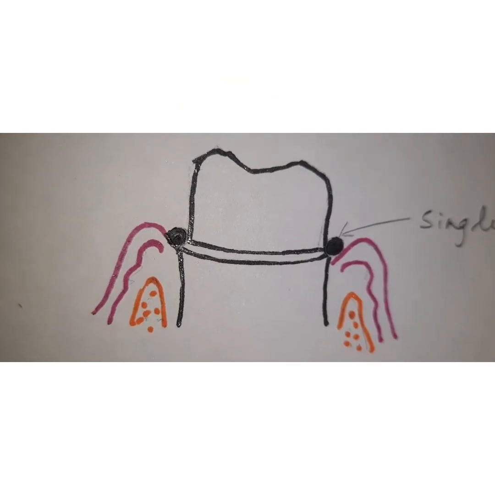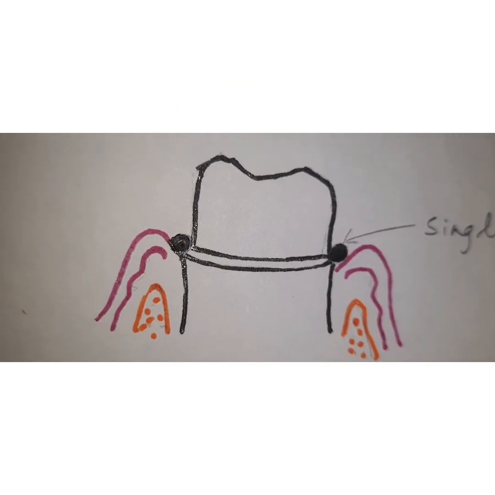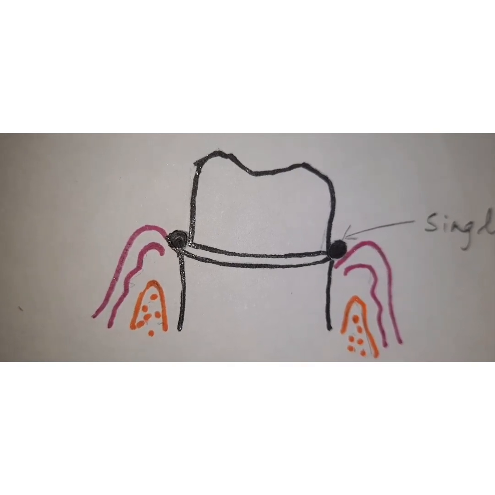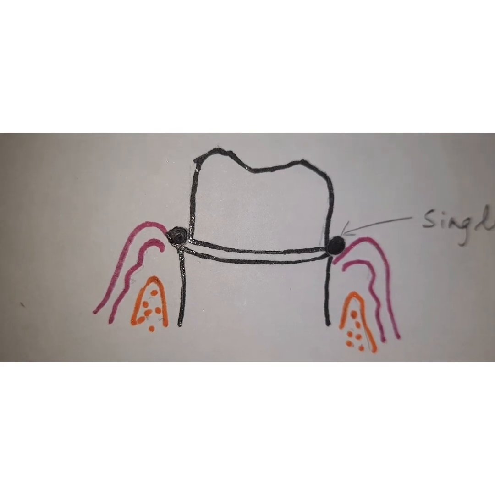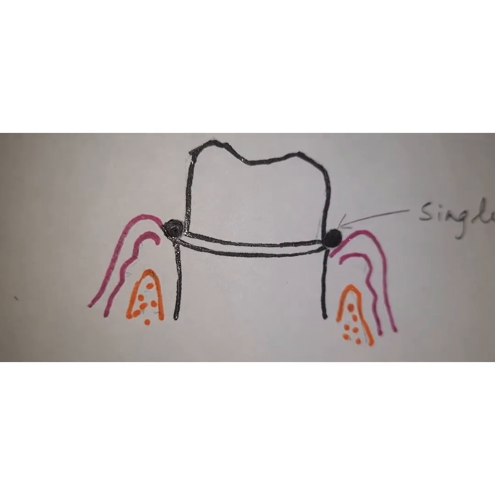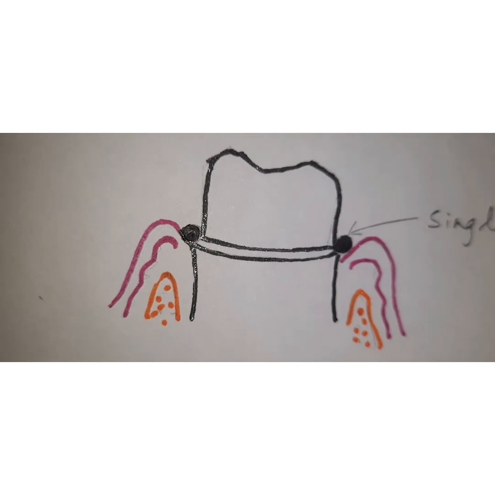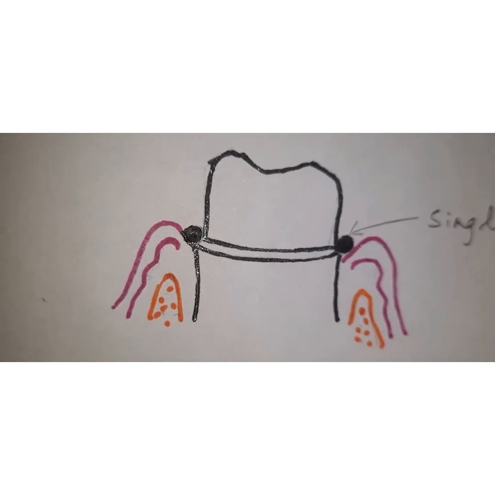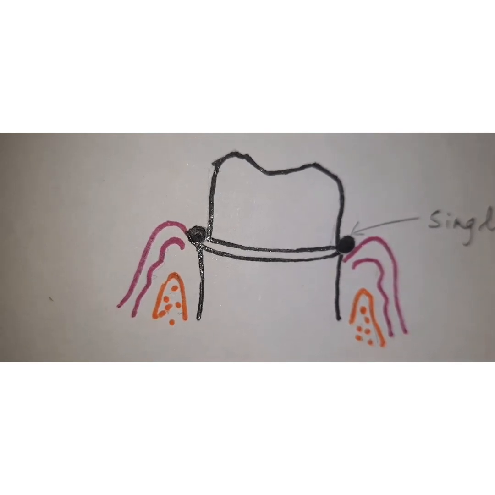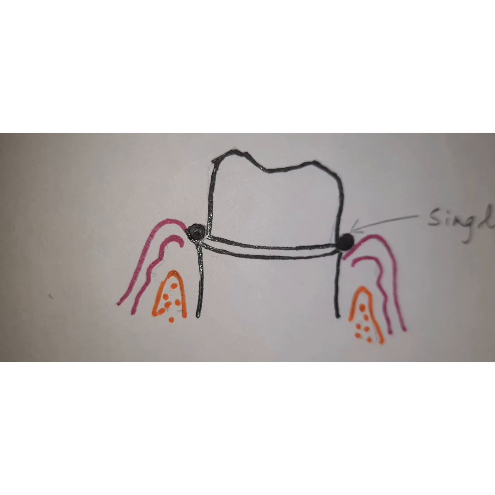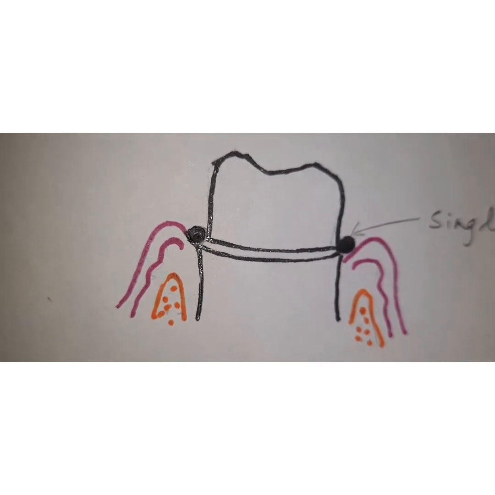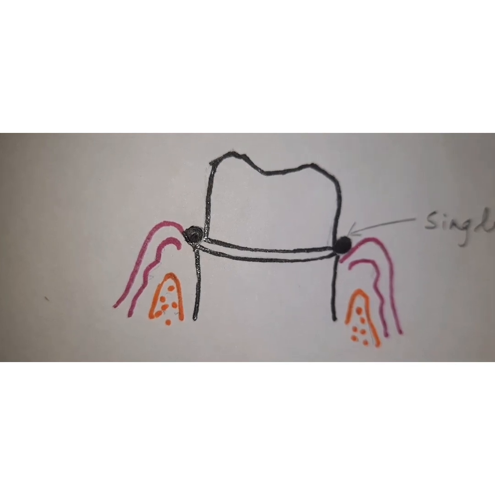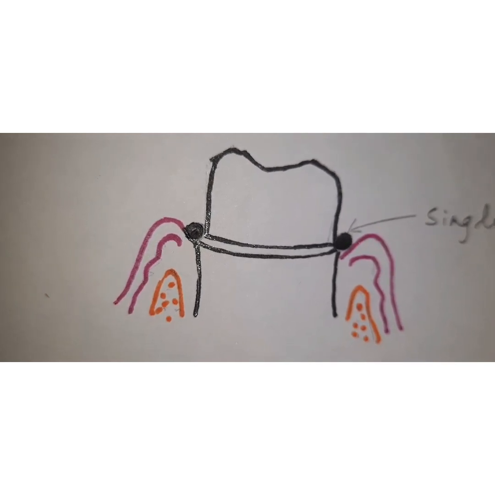Now, this is one of the most commonly used methods of gingival retraction. As you can see, only a single gingival retraction cord is placed, and it is indicated when an impression is made of 1 to 3 prepared teeth. The approximate length of the cord is selected based on which type of teeth you are doing retraction. Like in a molar tooth, you will require a greater length of the retraction cord, and for a smaller tooth in comparison, like a premolar, you will require a lesser length.